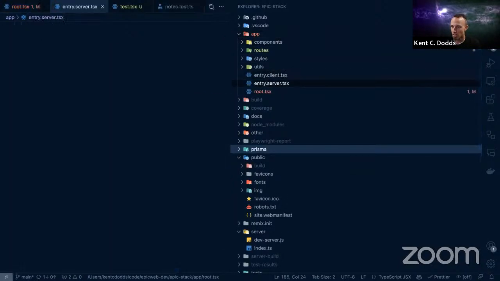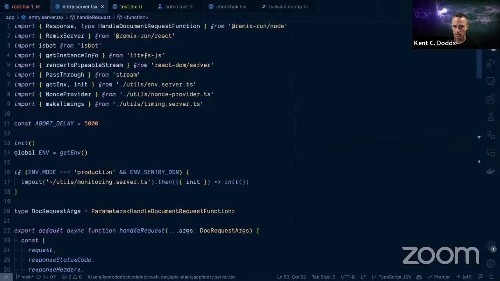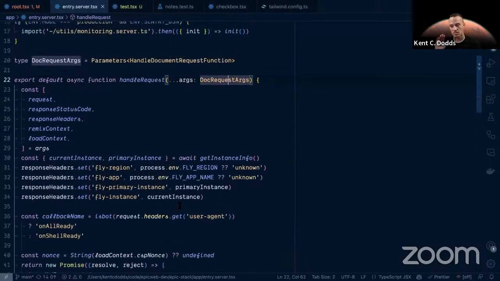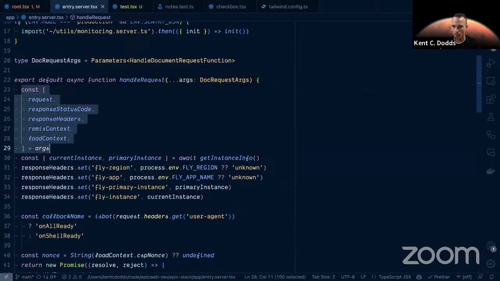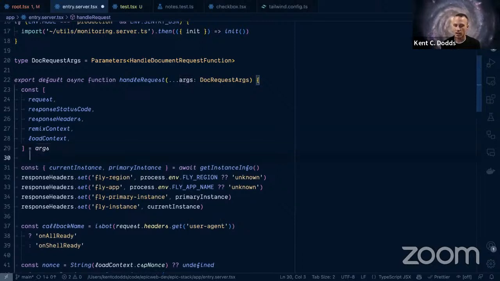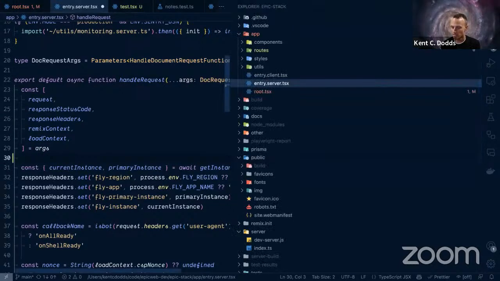is in your entry server, at the very top here in handleRequest. This is your last chance to do something before the response is sent back. All of your loaders will have been called by this point. For what you're working on, that will probably not be a lot. At this point, Remix is like, hey, I'm going to send a 404 because I didn't find anything. So what you can say is